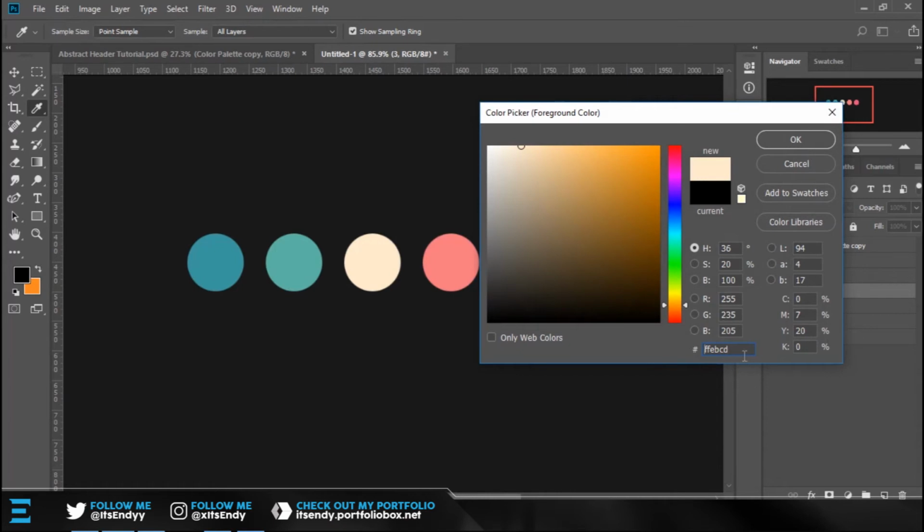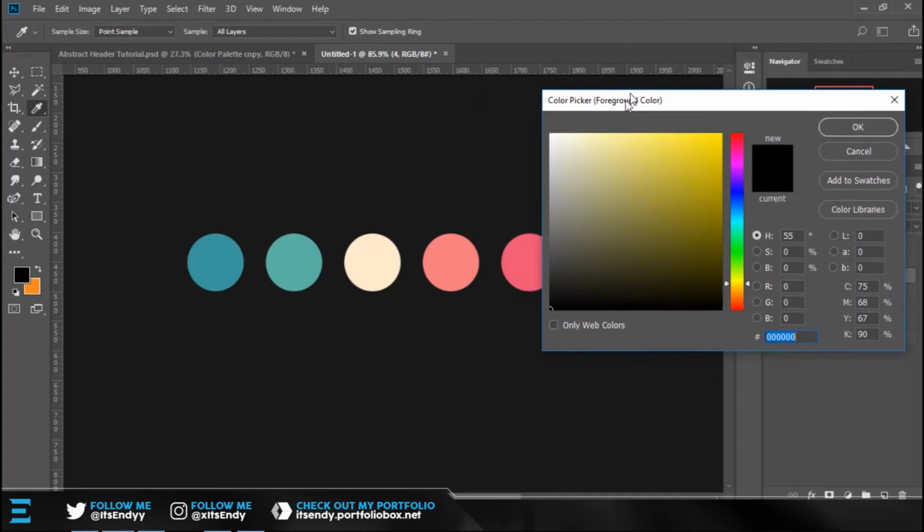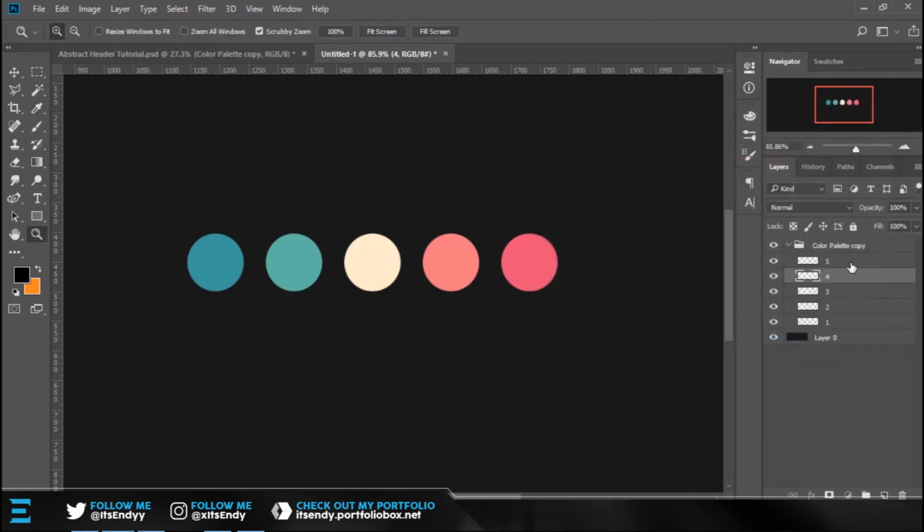Hex FFEBCD. Alright, so pause, and then I'm gonna click on cancel, and then the fourth is gonna be this pinkish reddish thing. I don't really know, but the color hex code for that is F57A82. Alright, so just pause the video, and then we're gonna click on cancel, and the last color is